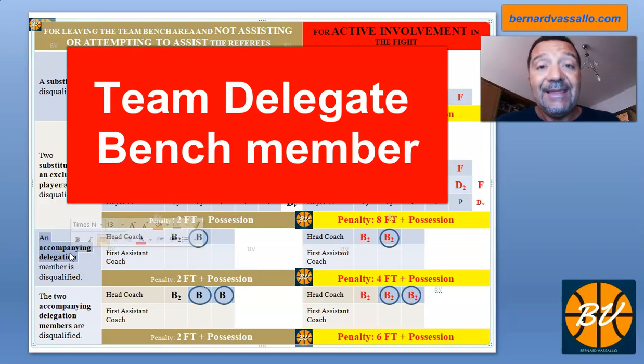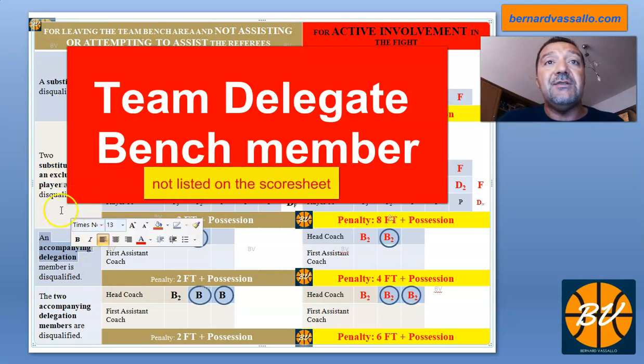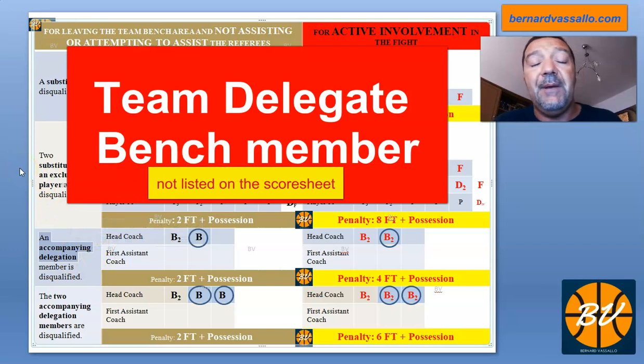Therefore, the fact that this injured player entered onto the court, this would mean that this injured player would also be disqualified. But as you know, this player or these persons are not listed on the score sheet, and we have to show their disqualification somewhere. And how is this done? This is done by writing a B next to the head coach area on the score sheet,